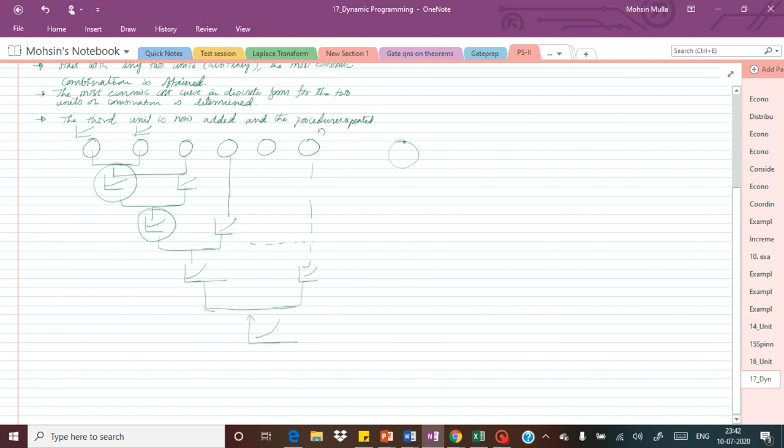So the next unit, which is nothing but the n plus 1th unit, it will be very easy to determine the combination. Once we have the cost characteristics for n units, the n plus 1th unit we can directly add to that, and we will be able to determine the economic operation. This is followed for as many units as are available in the particular plant for the economic operation.